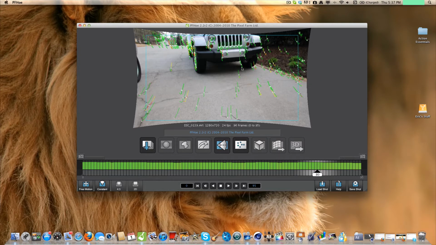So this one's kind of bad. You don't want to delete too many, because then the track becomes unstable. That one. And that one. So that's about good. Now you're going to want to go to Estimate Focal Length, and it's going to come